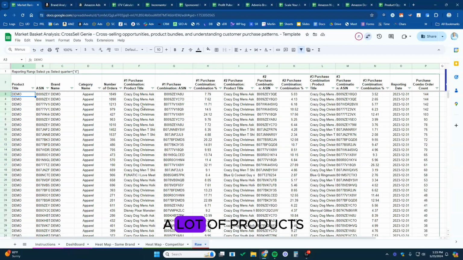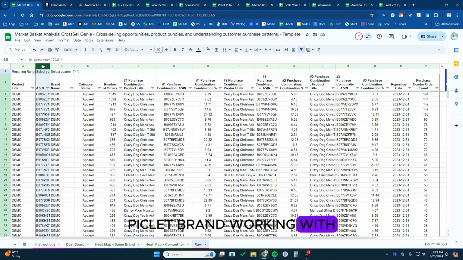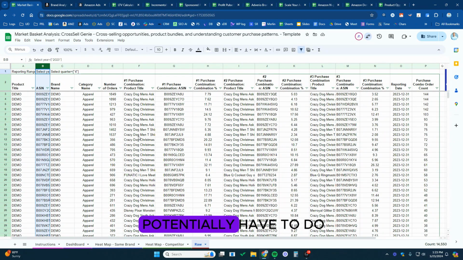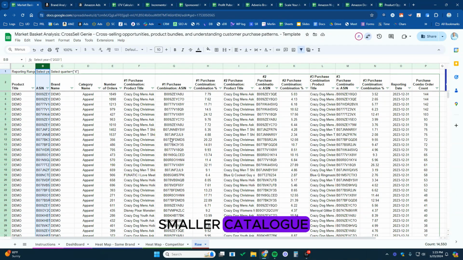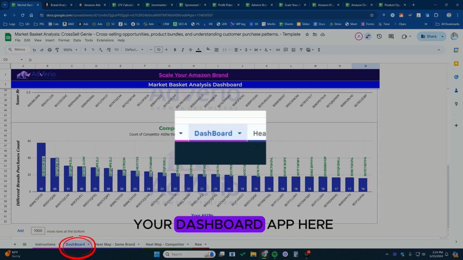If you have a lot of products, like this particular brand that we're working with here has 14,000 products, you'll potentially have to copy and paste across multiple different times. If you have a smaller catalog, you can usually do it in one instance. Otherwise, it will spin. Once you've pasted it in there, you can go into your dashboard